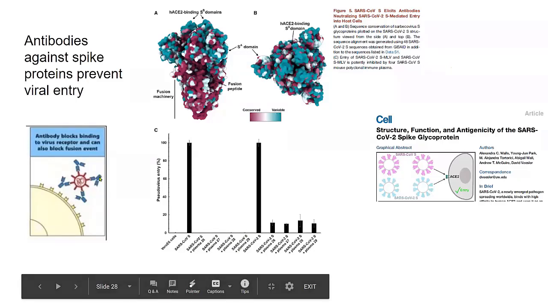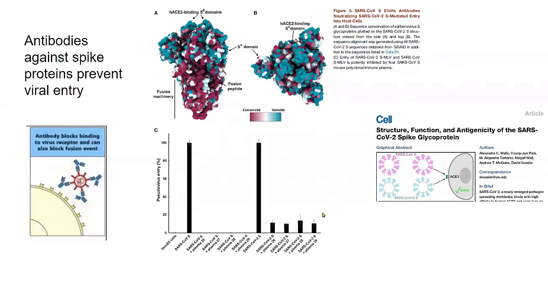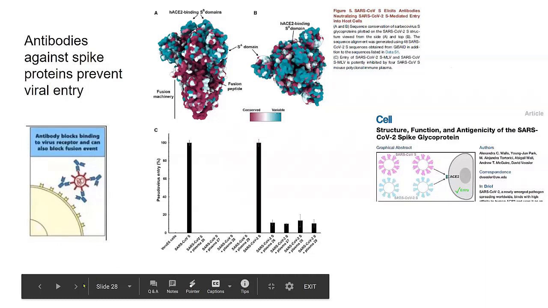Perfect. Virus can't infect the cell. This is now the second coronavirus, CoV-2. And you can see it knocks it down by about 90%. So the antibodies are effective at preventing the virus from getting in, but it's not 100% effective. So that was the first data that I learned about with antibodies and the coronavirus, and it's encouraging.